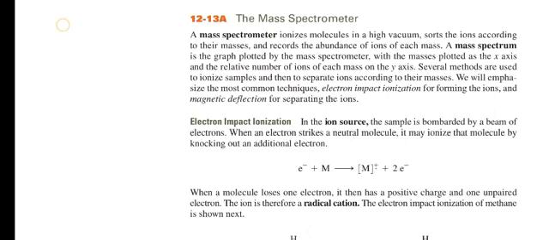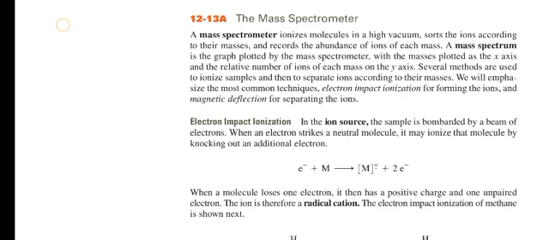The mass spectrometer. A mass spectrometer ionizes molecules in a high vacuum, sorts the ions according to their masses, and records the abundance of the ions of each mass. A mass spectrum is the graph plotted by the mass spectrometer, with the masses plotted on the x-axis and the relative number of ions of each mass on the y-axis. Several methods are used to ionize samples and then to separate ions according to their masses. We will emphasize the most common technique, electron impact ionization, for forming the ions, and magnetic deflection for separating the